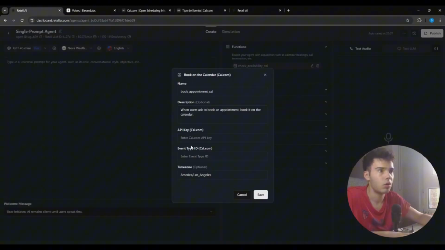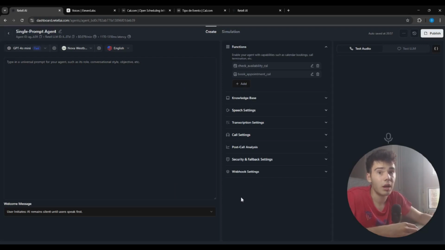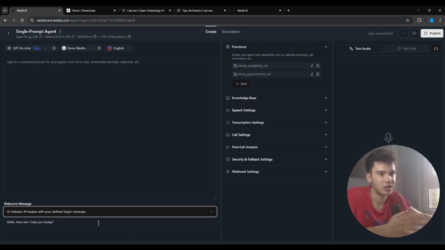There you go. Oh, I think I copied it wrong, but no, it's perfect. So now I'm going to put the time zone, there you go, and put my API key here and save, and that's how we will have finished adding the function. With this done, what we are going to add later is the welcome message, to put it in define begin message,